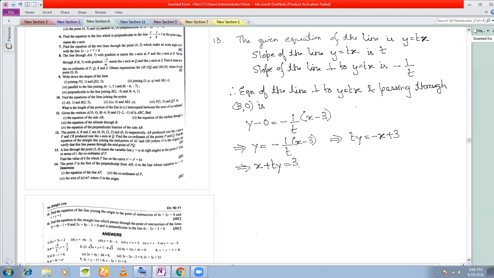The question is, the point P is the point of intersection of this line y is equal to tx, let us call this 1, and the other line, 2. The point P is the intersection of 1 and 2. So therefore, if we can solve 1 and 2, we'll get the point of intersection. Okay, so how do we solve? So solving 1 and 2, we have